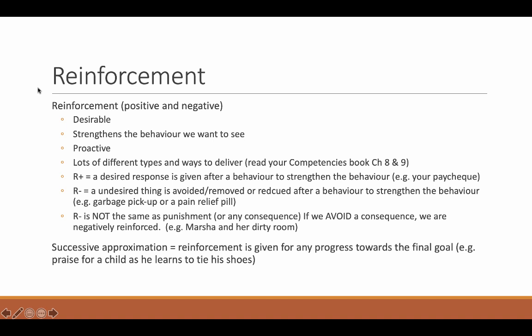In some cases, if we're really lucky, we use a behavior that does both of these things at the same time. So for example, let's say we are bored. So we go out and we do something like a craft that we can sell. When we do this craft, we remove our boredom, and we also have something that will make money. So we're getting something we don't want removed, boredom, and we're getting something that we do want added, money. So if we're really lucky, we use behaviors that can have both of these things.